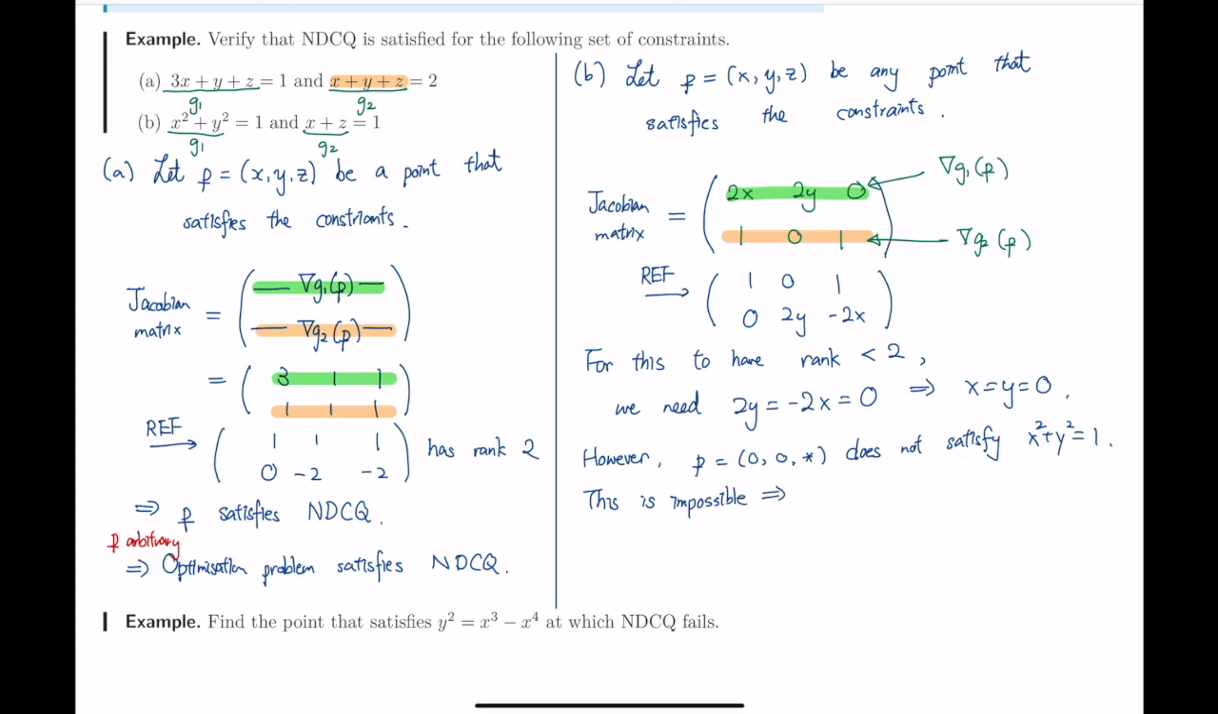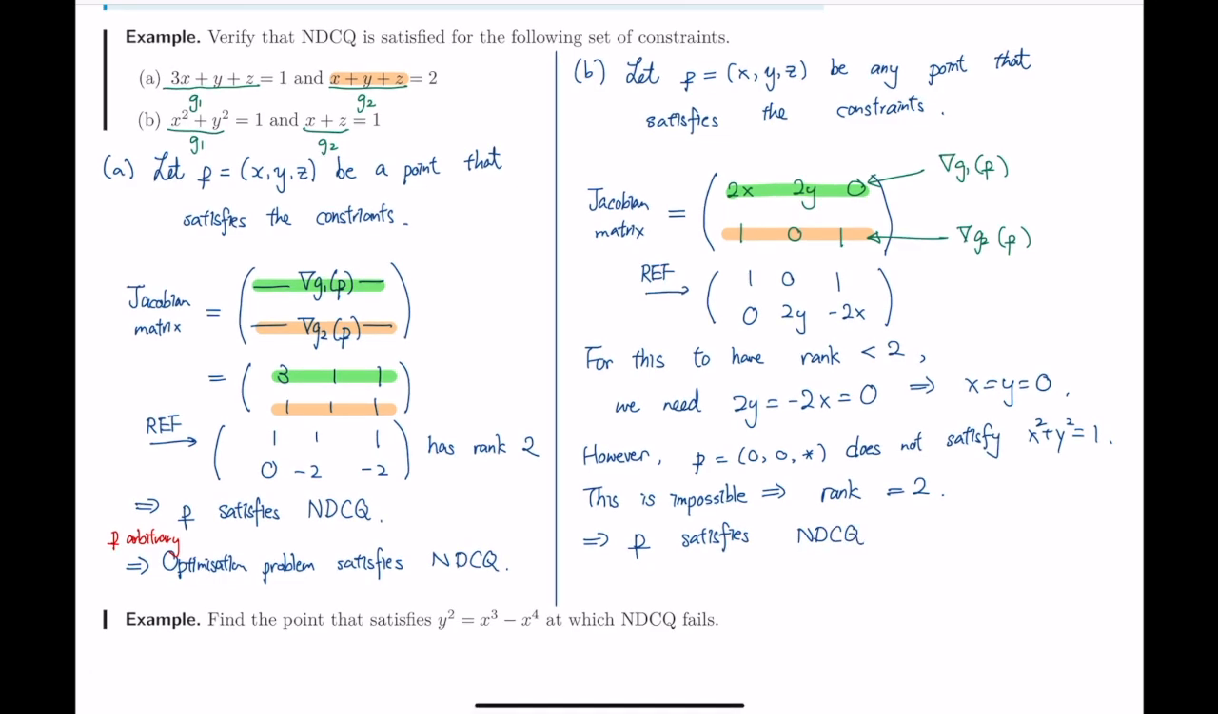That means that the rank is always equal to 2. Because if the rank is strictly less than 2, we have a contradiction. The rank equals 2, which is the number of constraints, therefore P satisfies the NDCQ. Okay? And then hence, because P is arbitrarily chosen, because P to begin with is any point from the constraint